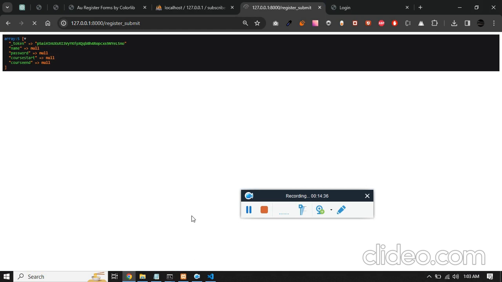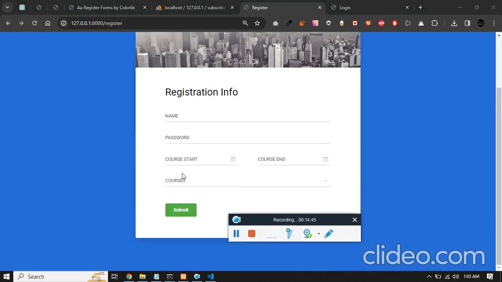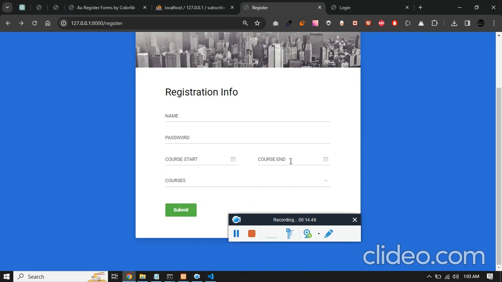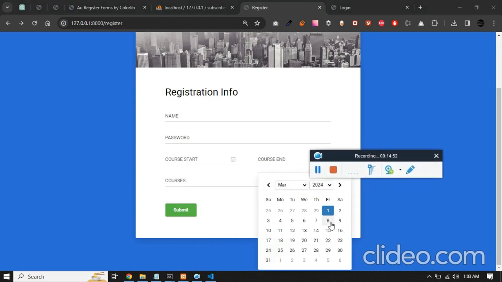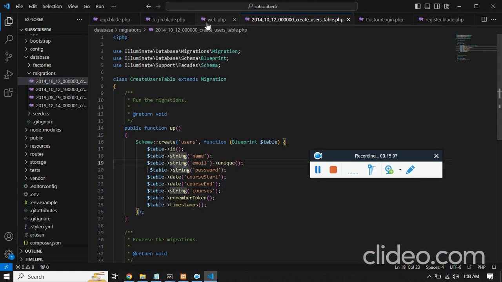If you click on submit, it should not allow empty fields. Here again we would have a condition like this: course date should start from today, and course end date should start from today, but it should have 7 days validity. So if I start from 1, and I select more than the date which is 8, I should get a validation error. So for that, what I'll do is, in the controller,